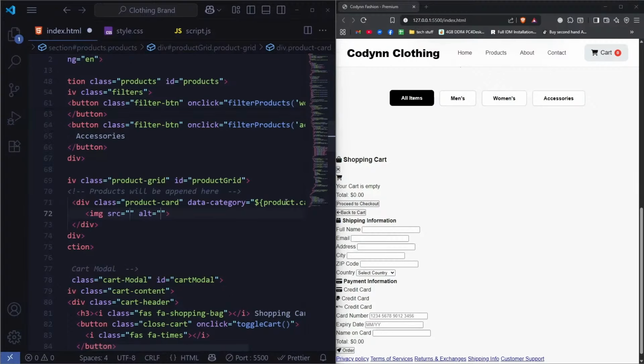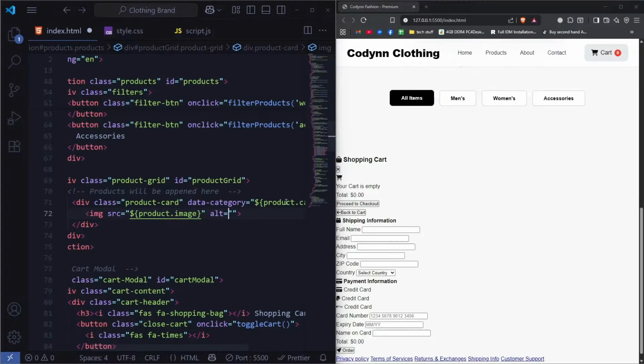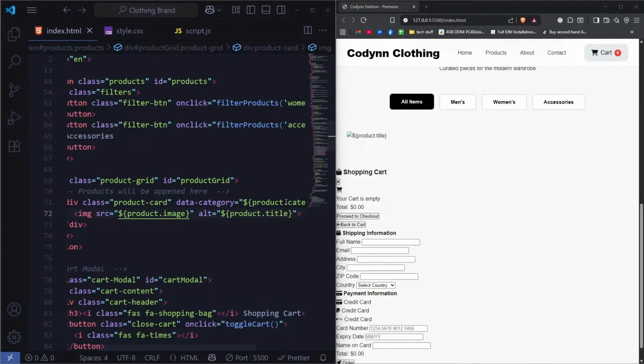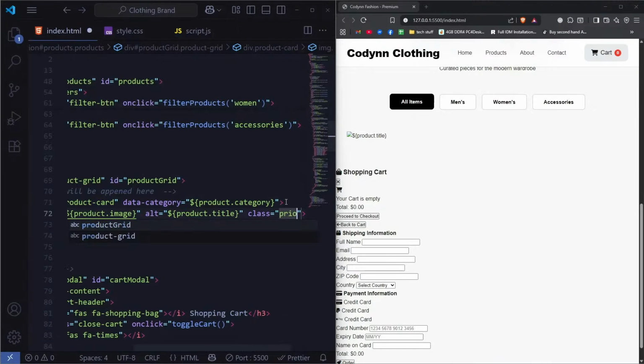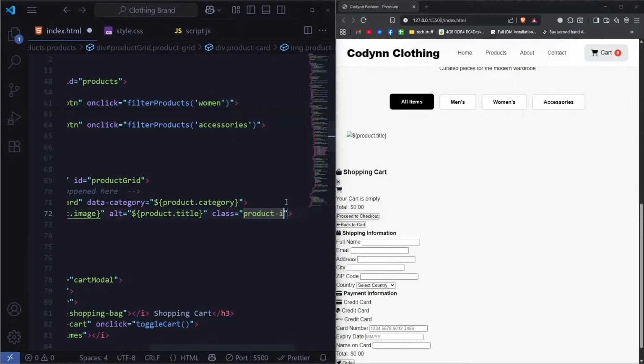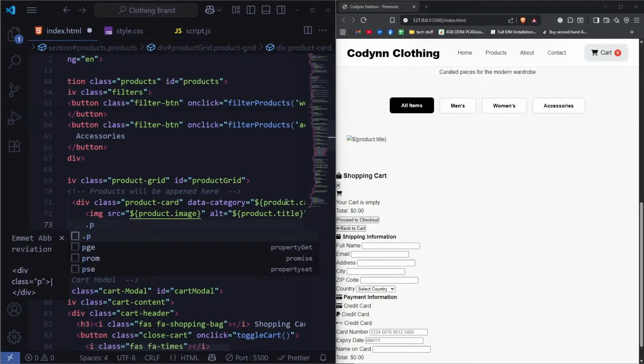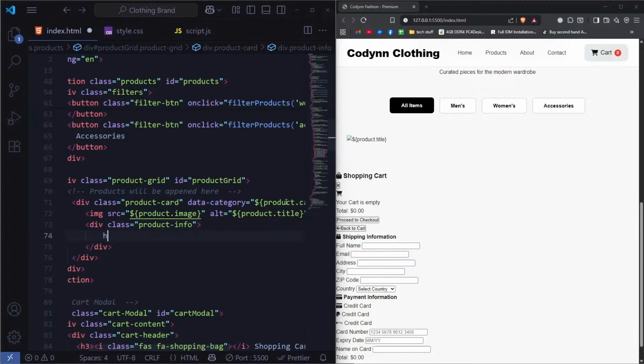Now for image, I'm just gonna use that. So I'm just gonna do product image, which will be the image that will be coming from the array of objects that we'll be creating. So I'm just gonna do class, I'm gonna just give it product image, just like that. Here under this, I'm just gonna make a div for product info, and here h3, and it